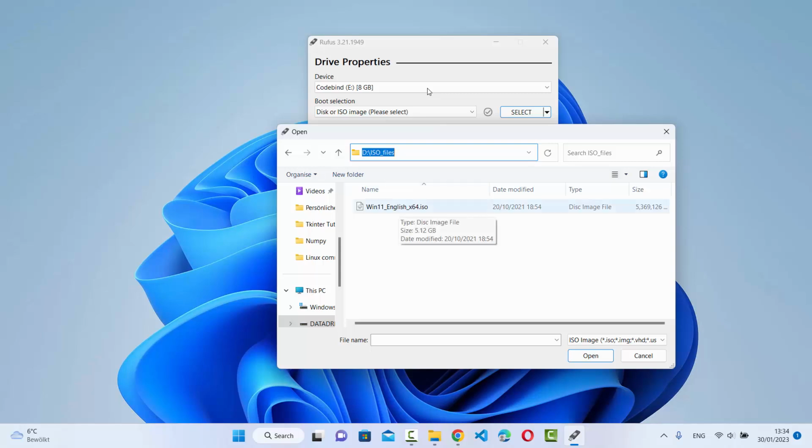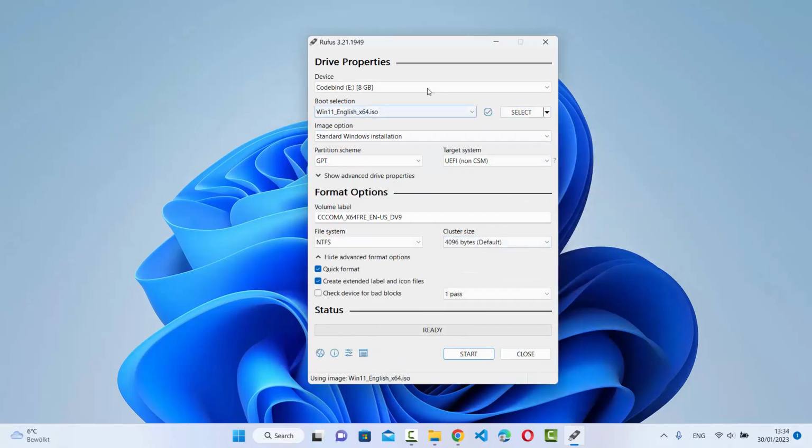I have downloaded this file at this location. So just browse to the location where you have downloaded your ISO file. You can see the extension is .iso. I'm going to select this and then click on open, which is going to select this ISO file here. Now in the next option, you can see image option. I will choose the standard Windows